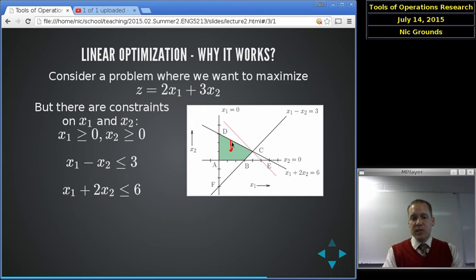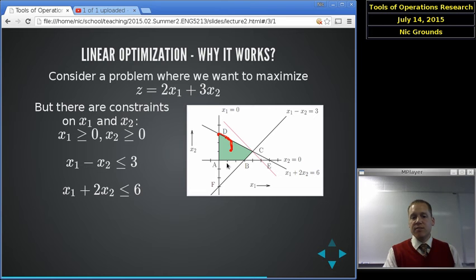And once I've moved, let's just say it moves in this direction, it's always better to keep moving, because if I can increase z by, for example, decreasing x2 but increasing x1, then I would want to do that as much as I can until I hit this corner piece up here, which says I can neither reduce x2 or increase x1 anymore. Neither could I increase x2 without having to reduce x1, which moves me back along the line that I just came from, knowing that I was moving in an optimal direction. So as you can see, just intuitively,